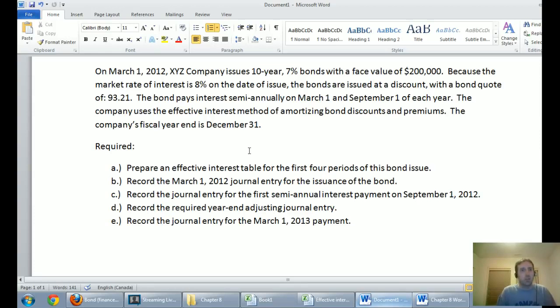And it says the bonds are quoted at 93.21. Now, this number is a really key number when we talk about bonds. This is the percentage of what we're asking that we get. So we asked for $200,000. That's the face value of the bonds. We're only going to get 93.21% of the money. So if I go on